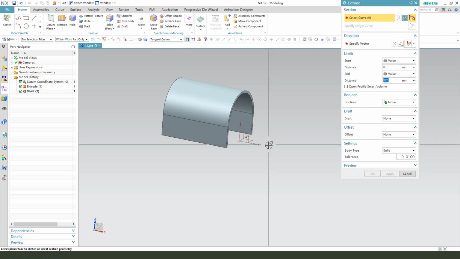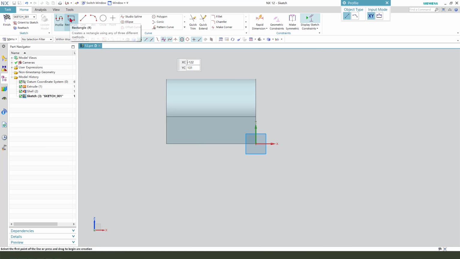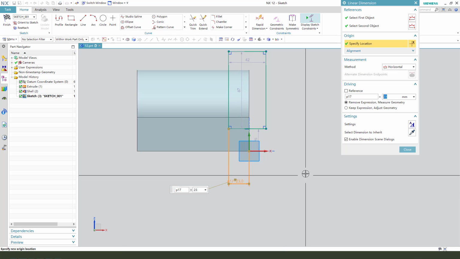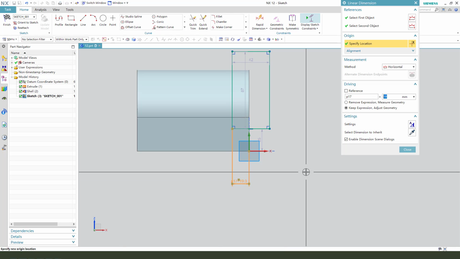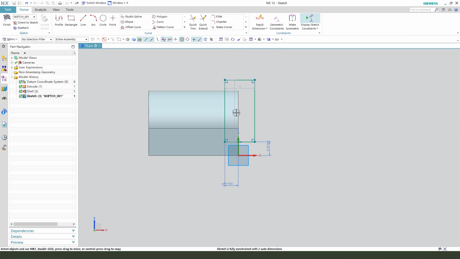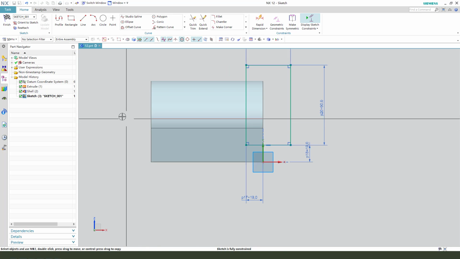Next, extrude. Select XZ plane. Then we need to create a rectangle. Make dimension 90. Next we need